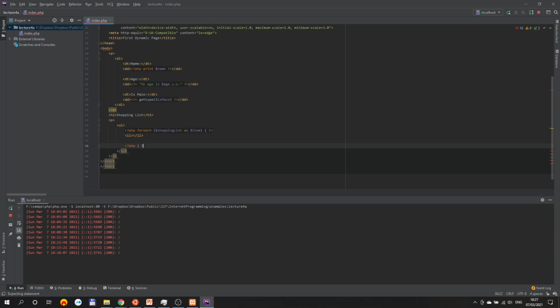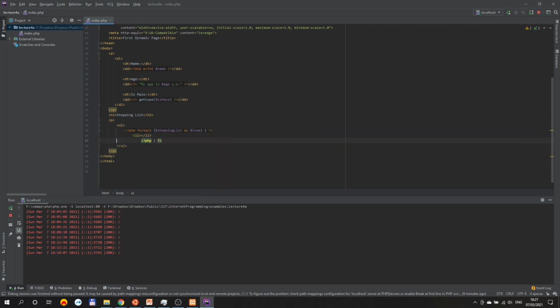Okay, so what I have here is something in between. It might sound weird. Look, I'm opening something here with a PHP statement, a foreach, and I'm closing it. And in between, I have a text, something static, right? That is the beauty of PHP, because you can intertwine it with the existing content,